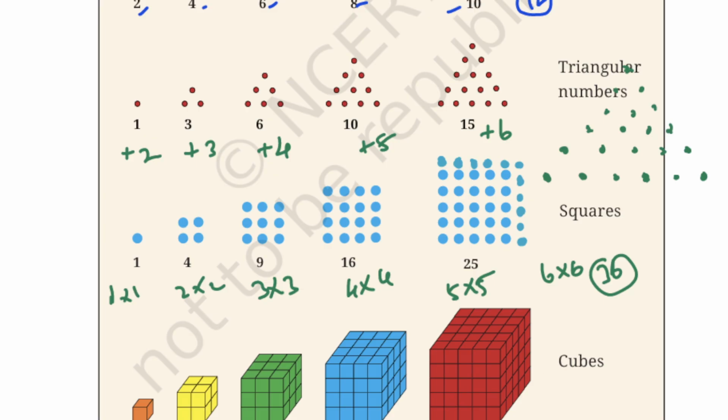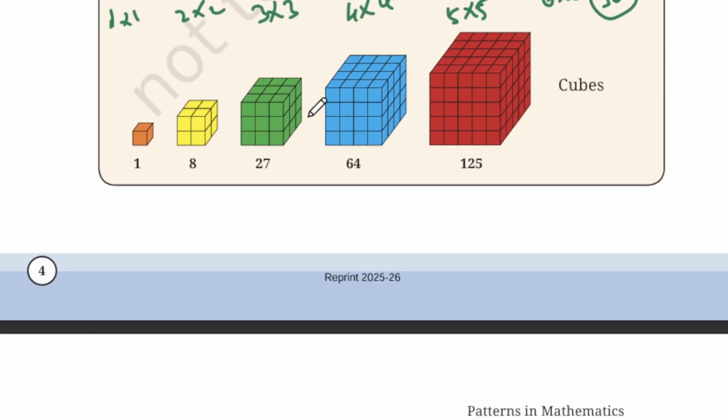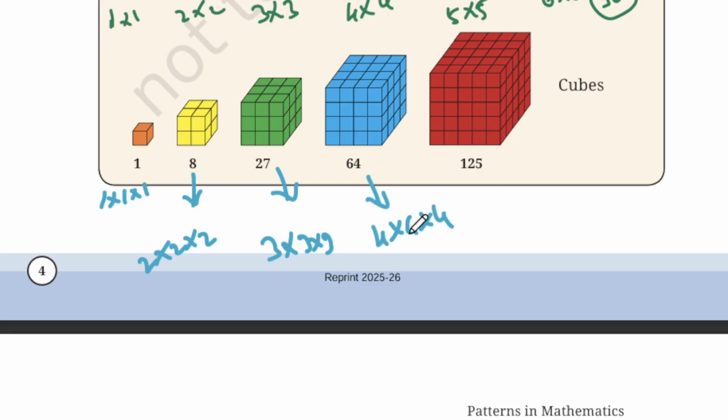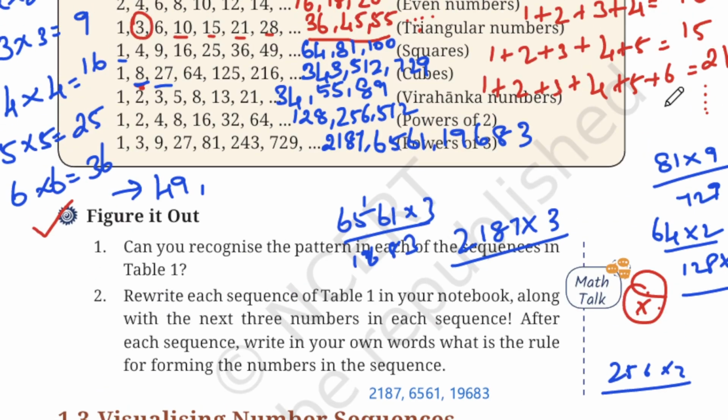So we have 1 into 1 into 1. So cube 1 into 1 into 1. So 8 is 2 into 2 into 2. And 27, 3 into 3 into 3. Same for 64, 4 into 4 into 4. 4 fours are 16, 16 fours are 64, and 5 into 5 into 5 is 125. So next you have 6 into 6 into 6. So 6 sixes are 36 and 36 sixes are,